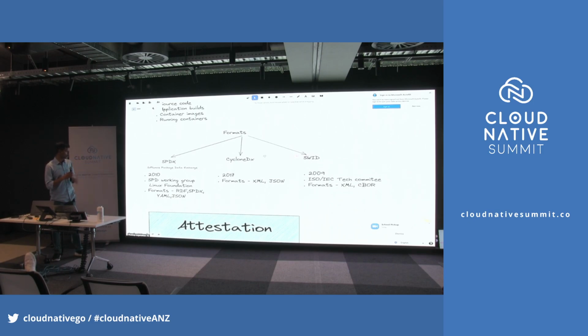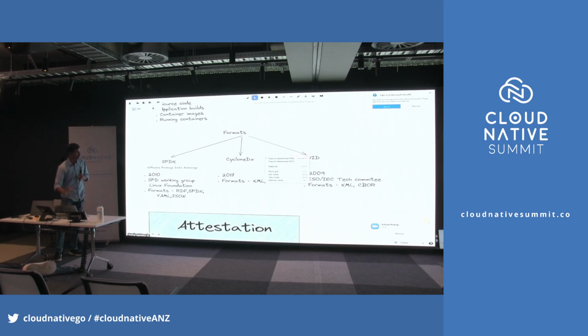It's from the Linux Foundation, and you can generate SBOMs in the SPDX specification in various formats. You can generate it using RDF, SPDX tag-value, YAMLs, or JSONs. The primary formats that I'm seeing generally now are JSON formats, but people either use an SPDX specification format or the CycloneDX format. And these formats are further improving as they evolve.